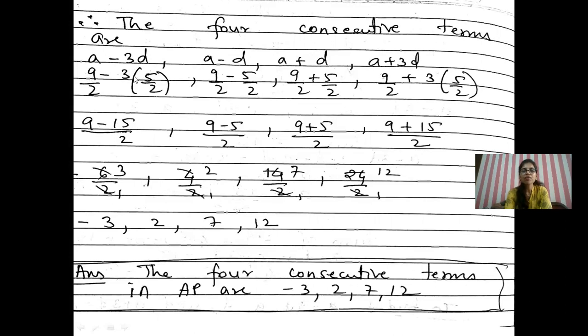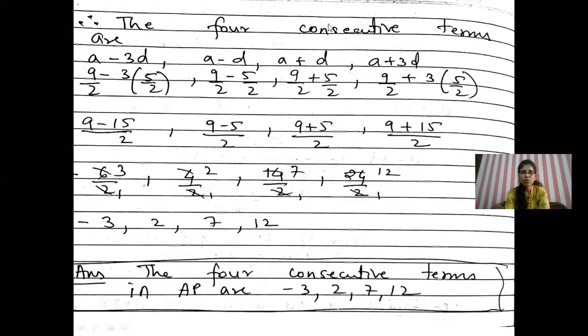9 minus 3 fives are 15. First open the bracket by BODMAS. 9 minus 15 upon 2, that will give you the value, the greater number's sign you are going to write, minus 6 upon 2. So simplify it, you will get the value as minus 3. 9 minus 5, because the denominator is the same, you are going to write 9 minus 5 is 4. After that, when you divide it by 2, you get the value as 2. Okay, so you get 4 upon 2. So when you divide, you get the value as 2.